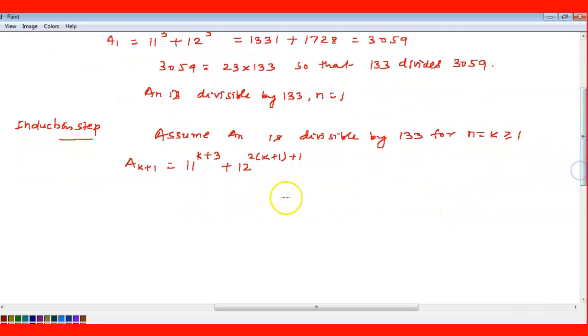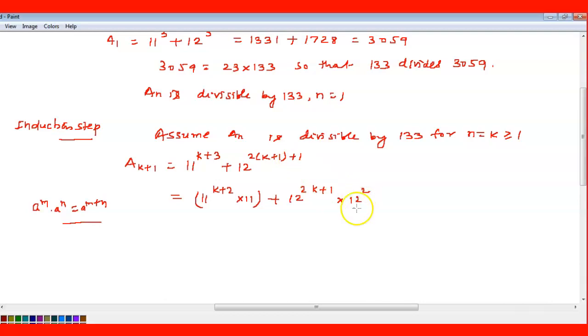So this one I can write here, 11 to the power of k plus 2 into 11, like a to the power m into a to the power n is a to the power of m plus n, okay, and plus this 12, I can write here, 12 to the power of 2 times k plus 1, this one I multiply, 2k plus 2, so 12 to the power 2k plus 1 is remaining, right? Because one 12 is already taken, into 12 square.